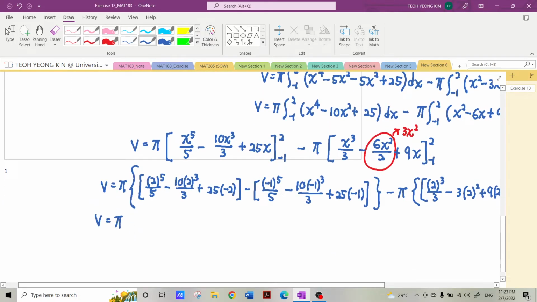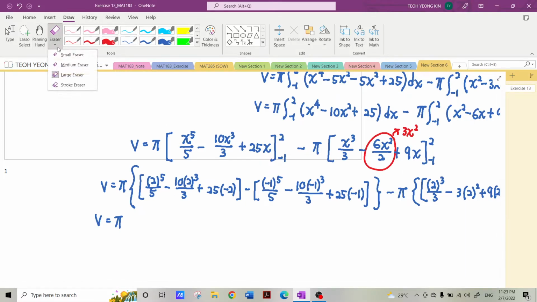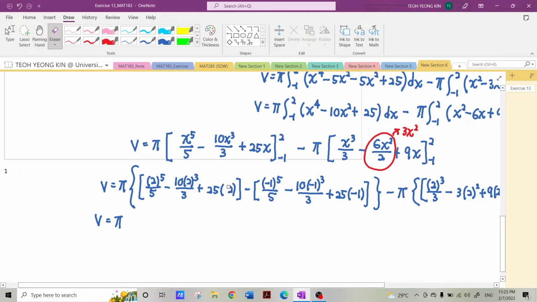Here is pi. From this part, sorry, this one is 25 times the small one. This is positive 2. So 25 times positive 2. So based on this one, I should have 2 power 5 will be 32. 32 over 5 minus this one, 2 power of 3 is 8, 80 over 3 plus 50